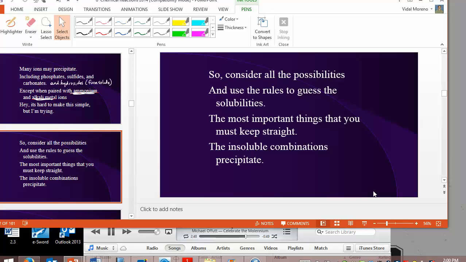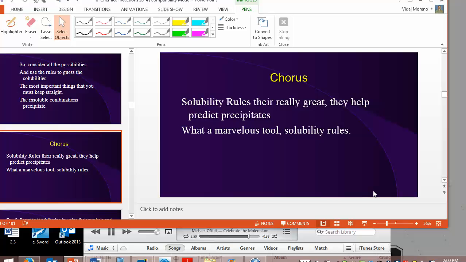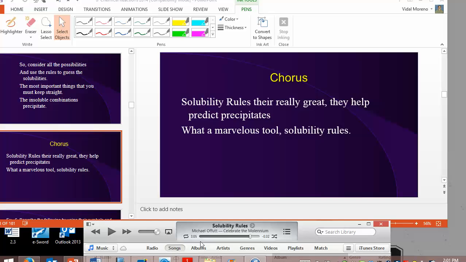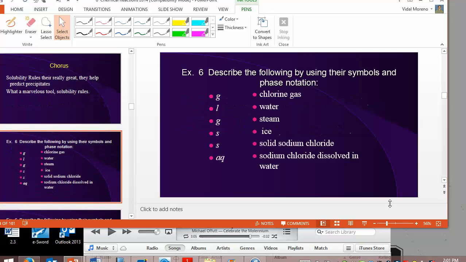The most important thing that you must keep straight: the insoluble combinations precipitate. Solubility rules, they're really great. They help predict precipitates. Solubility rules. All right, so